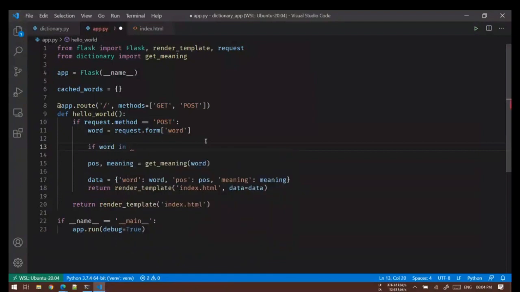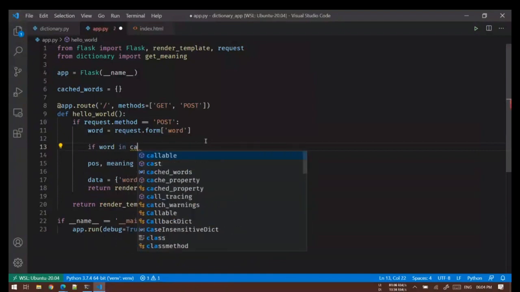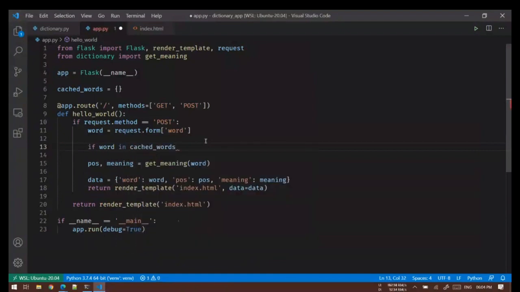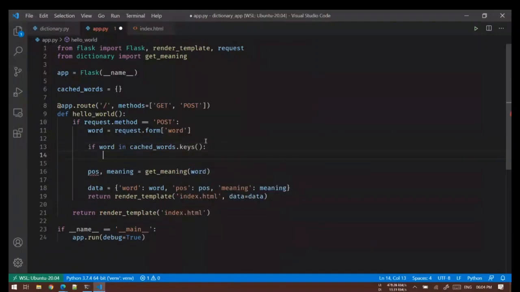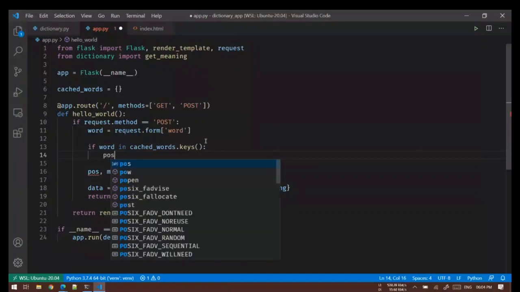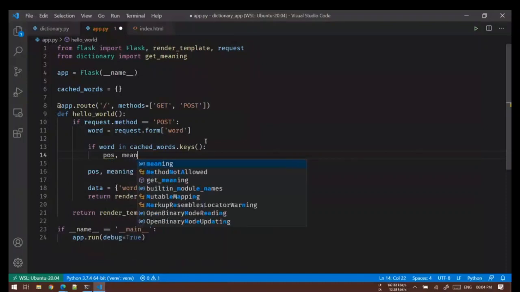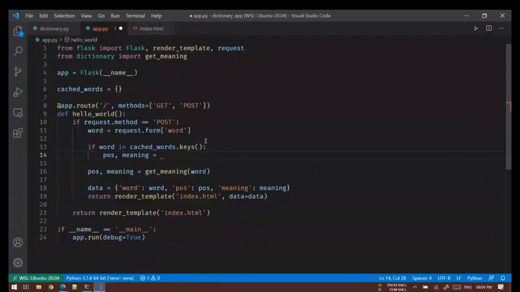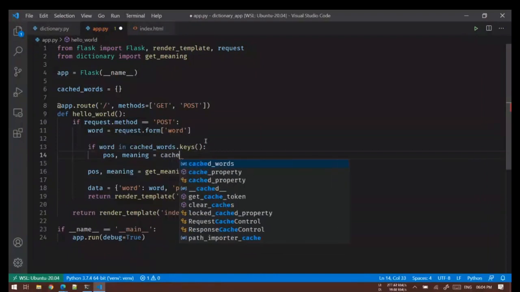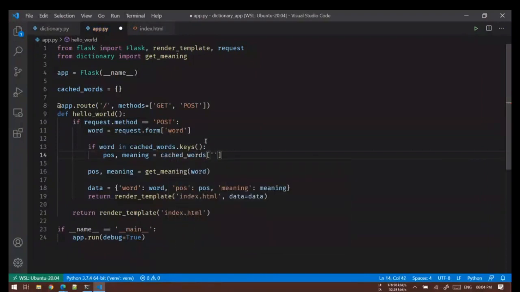If word in cached words dot keys, if it's present, then all we have to do is pos comma meaning is equal to cached words, and then I'll pass the word.